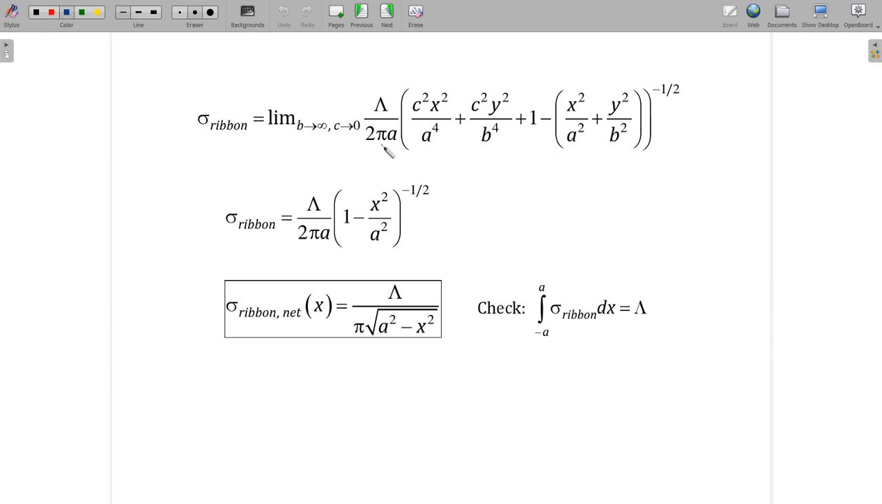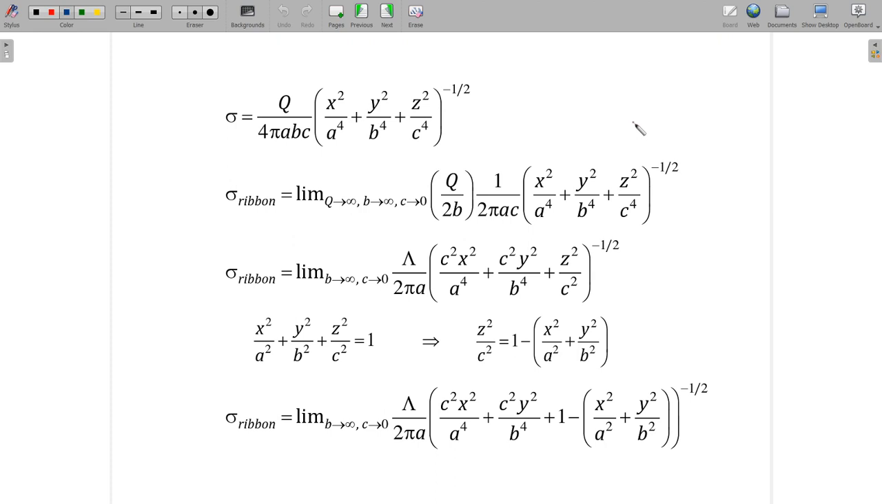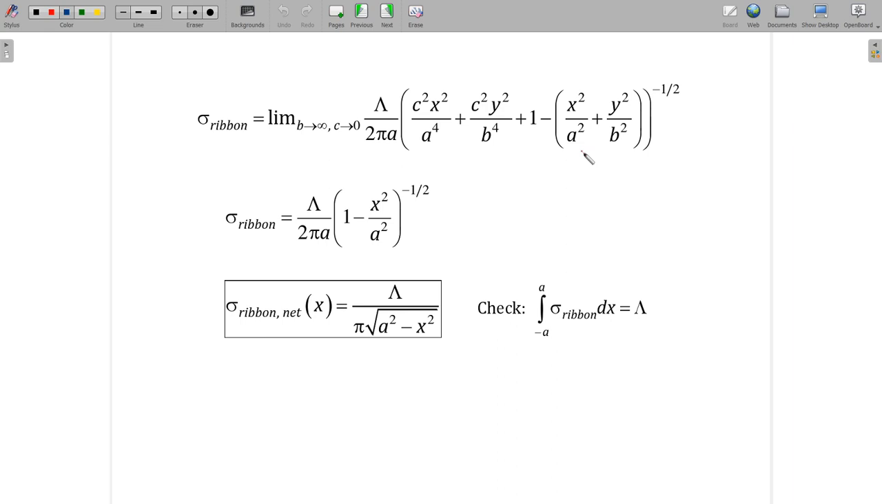So lambda upon 2 pi a times this whole expression, and all I've done to get to this point is I've taken the c that was outside inside, and I have transformed this z square by c square using the ellipsoid equation. So I get this very comfortable limit where c is going to 0, and b is going to infinity. So b going to infinity makes this part 0, b going to infinity, c going to 0 makes this part 0, this part also becomes 0 because c is going to 0. So we get this simple result, and this again I multiply by 2